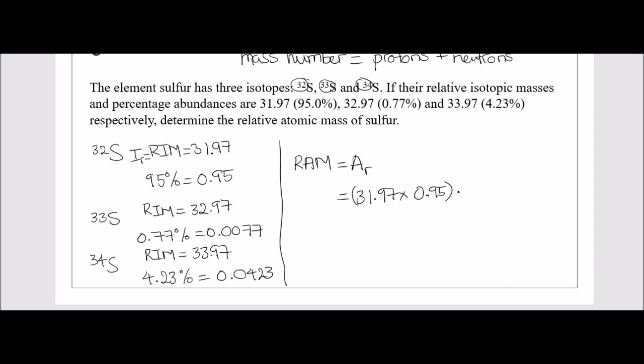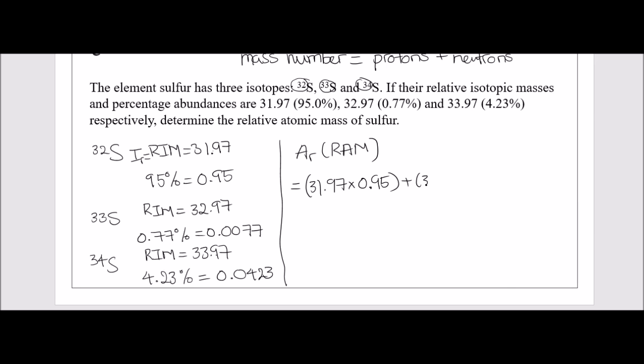Am I going to have enough room? Okay, probably not. Let's try again. So Ar, which is relative atomic mass, is going to be 31.97 multiplied with 0.95 plus 32.97 times 0.0077. I think I still don't have enough room, so I'm going to squeeze it at the bottom. Hopefully you have more room than this. Plus 33.97 times